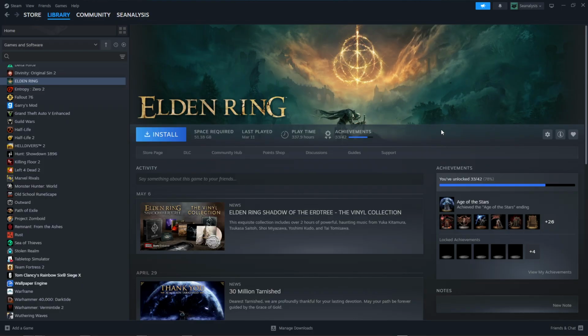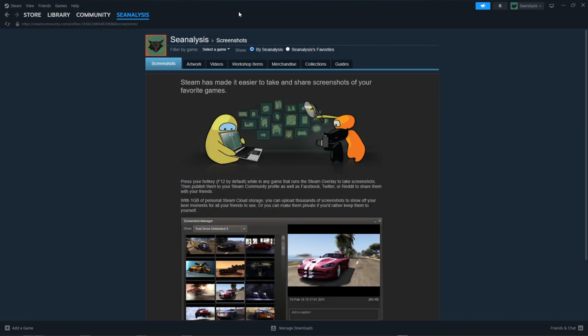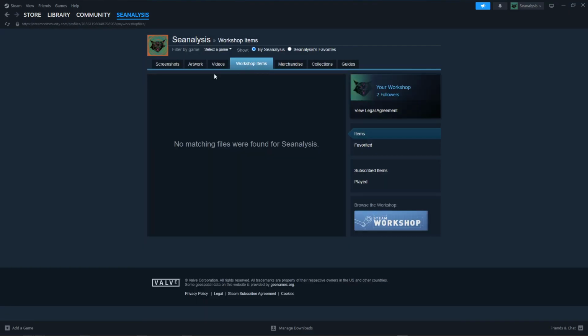It's super simple. All you need to do is click on your account name, you go to content, then on the top you'll see workshop items. Click that. And this is where you'll see every single item you are currently subscribed to in the Steam Workshop. Now, I'm not subscribed to anything at the moment, but this is where you would want to come to see